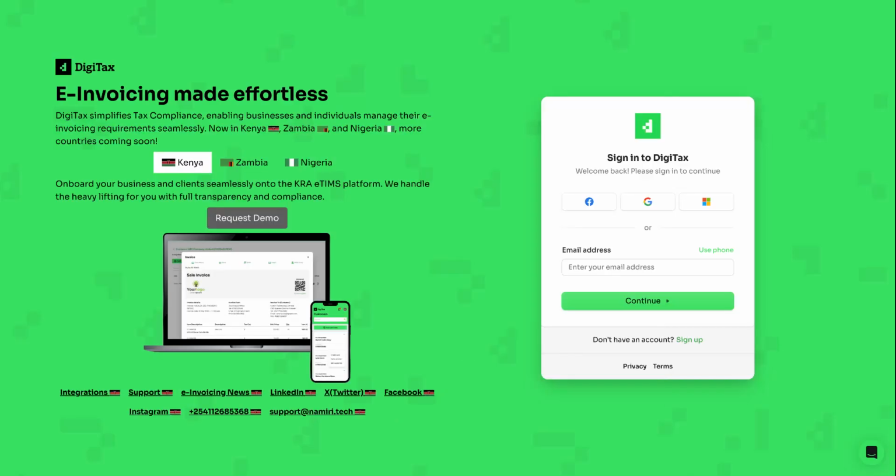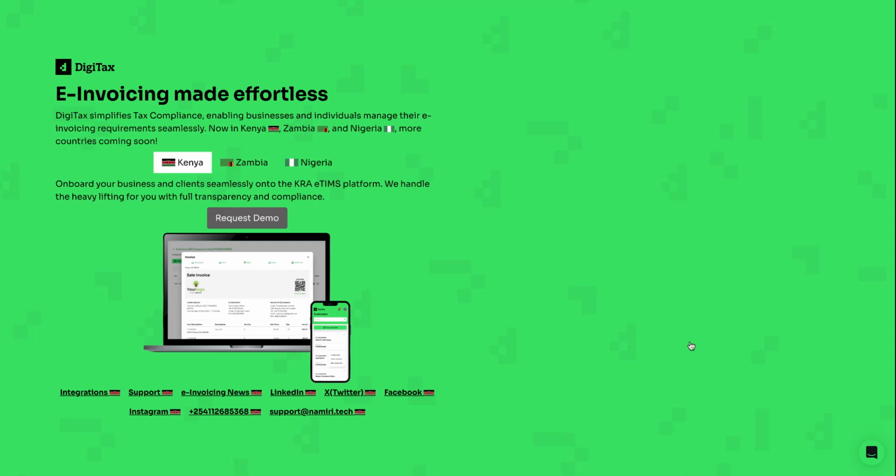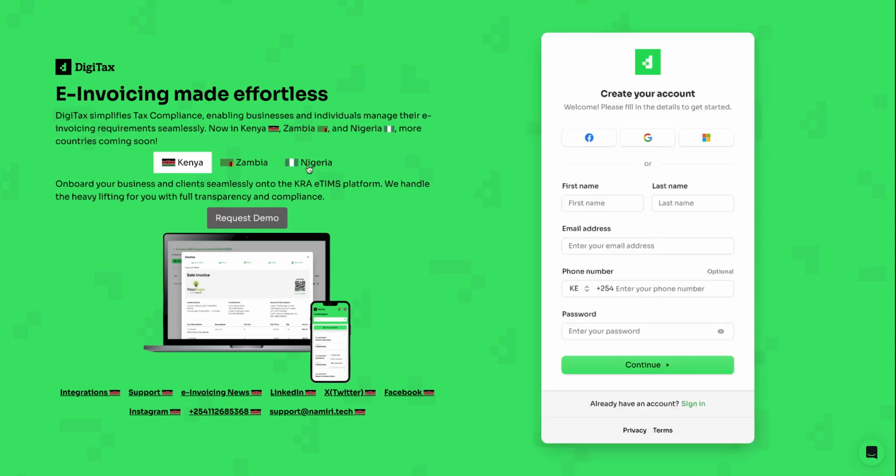What you're seeing on the screen is our landing page, digitax.tech. On the right, we have our login or sign up forms. On the left, this is where you can get specific links, and by clicking on request demo, you can get in touch with our customer success team, and they'll get back to you in terms of getting to understand how